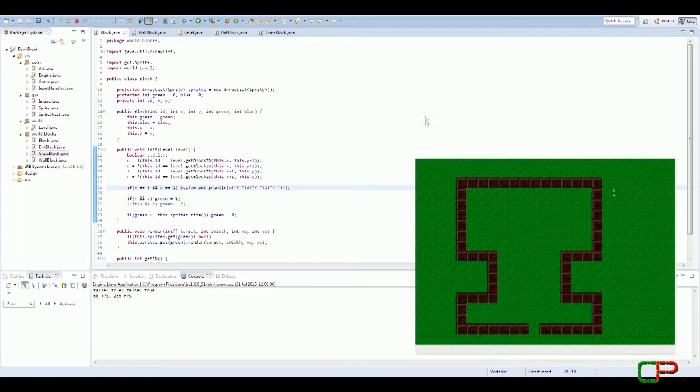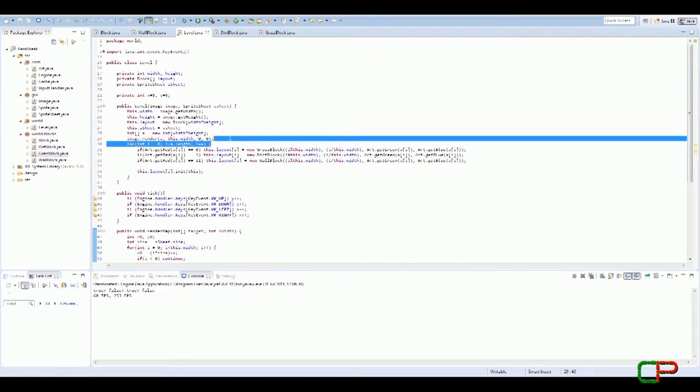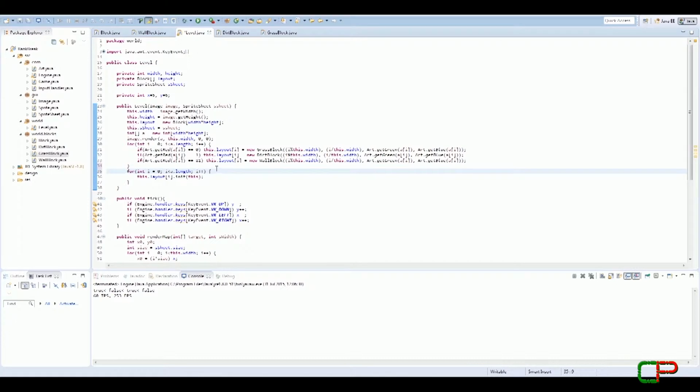Obviously I know right and down are true, but they're not meant to be at this point, they're meant to be false. No, they are meant to be true, sorry. Instead of true, they're coming out as false, they're meant to be true. And so what I have to do here is